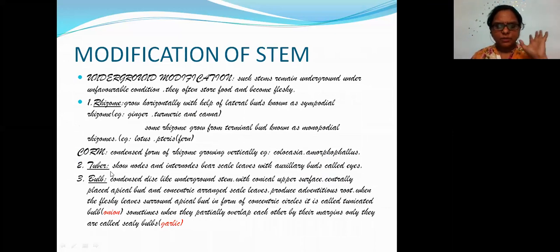You know, students, tuber. The best example is a potato, right? So one very important point, potato, it is a tuber. It is an underground modification. One thing which they will ask you, I have seen a question that, eyes are coming from which type of buds? Is it lateral buds? Is it terminal bud? Or is it axillary buds? So eyes will develop from axillary buds. Okay. So tubers, they have nodes and internodes. They bear the scaly leaves. Okay. With axillary buds, those axillary buds are actually called eyes.